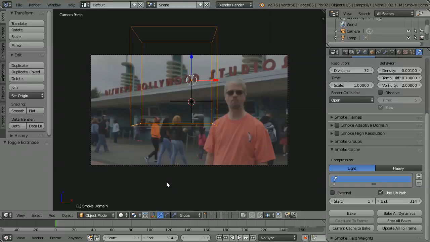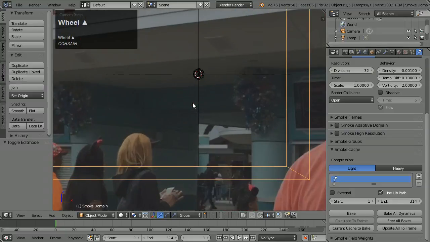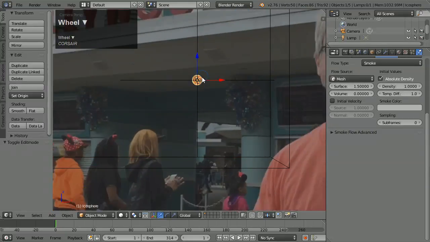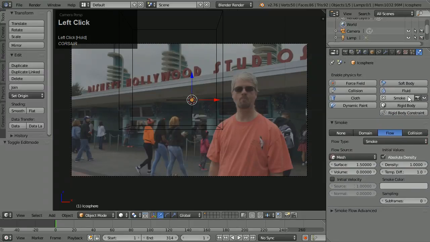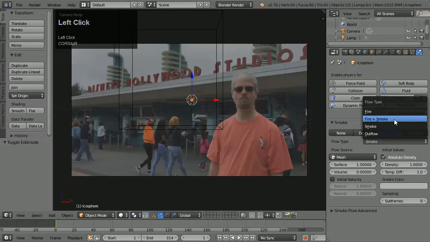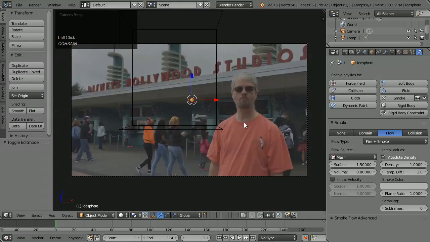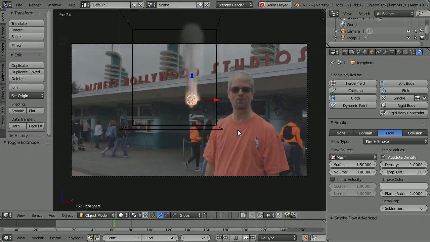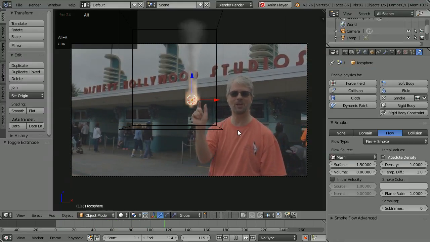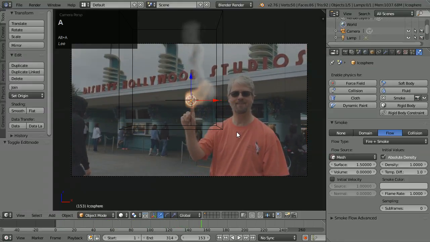Now that I've got that, I can go select the sphere, zoom in, right click on it, and now you'll notice in this Physics tab it's a smoke flow. I'm going to adjust the flow type from being smoke to fire and smoke. That gives me flames to go with my smoke, which is pretty neat. But I want them to turn on and off. So I'm going to go to frame 117